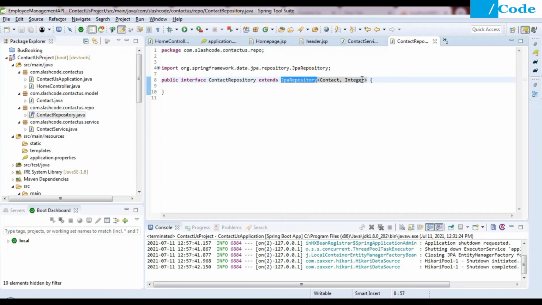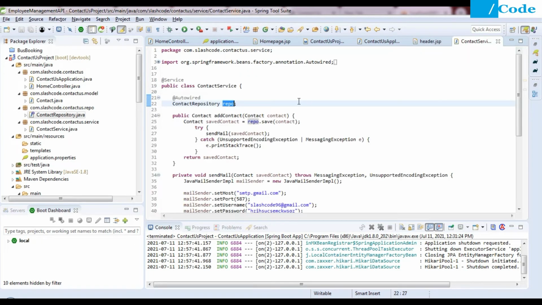After extending JPA repository, we get the default functionality, the most common functionality we can use, like add, delete, and update the record. All these basic functionalities we can do. We can perform multiple select queries based on our requirement.